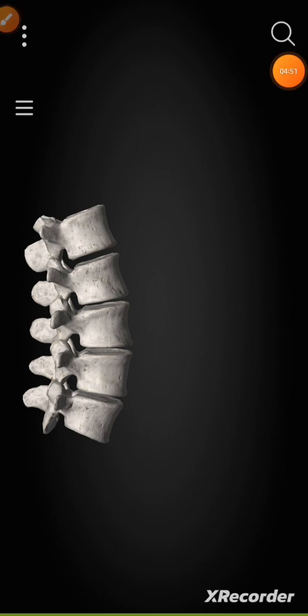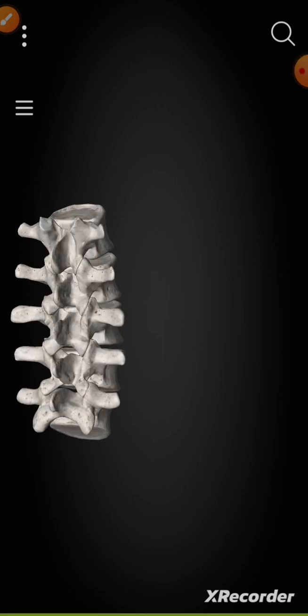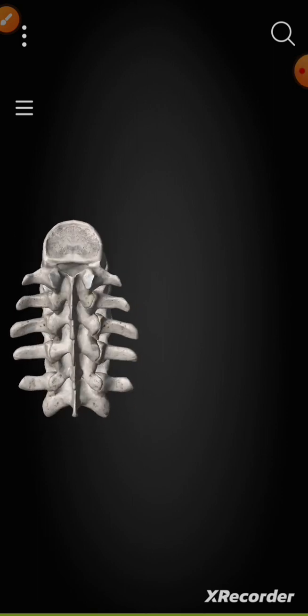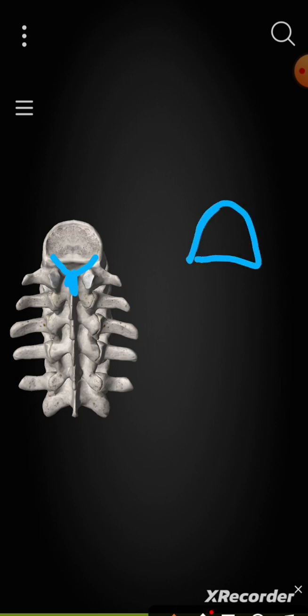Now lamina are short, thick and broad plates and directed posteromedially to form a spine. See, this is a lamina which is short, thick, and a broad plate which directs posteromedially. This is a body. Now the lamina comes like this behind and it forms a spine. Now this lamina is a short, thick, broad plate directed posteromedially